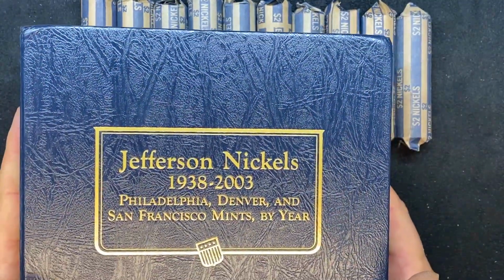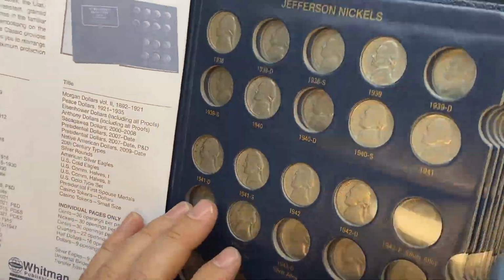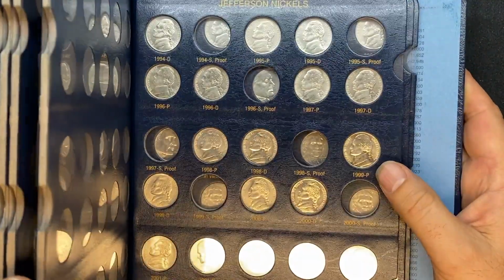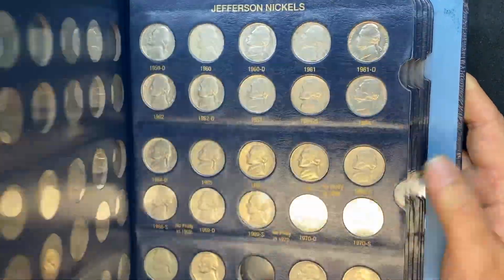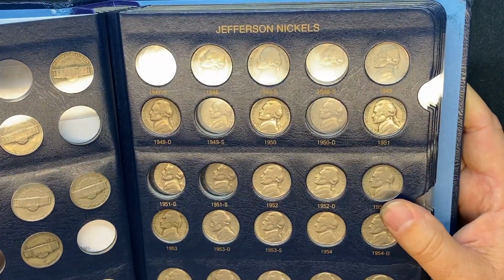And I do have a book that I've been trying to fill from my nickel hunts. I've done a really, really good job. When you get into the later years, I am only missing the proofs. But when we get back, and this probably is a little too big for the camera, I'm just going to take a quick look here. I am missing from the earlier years, I need a